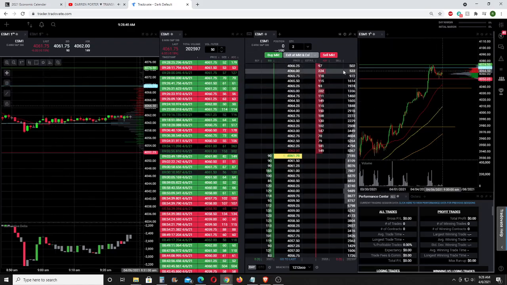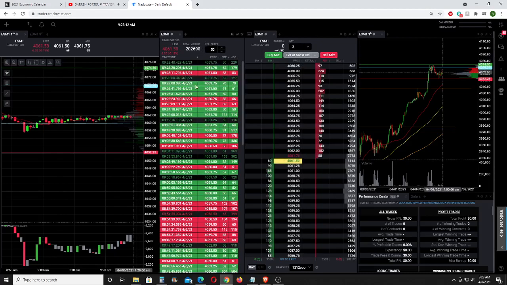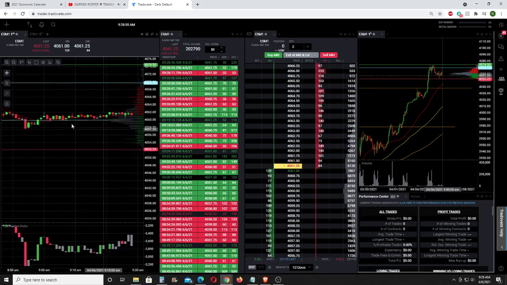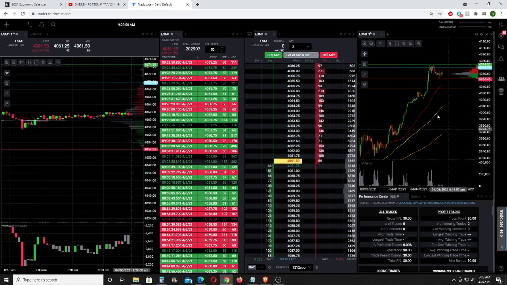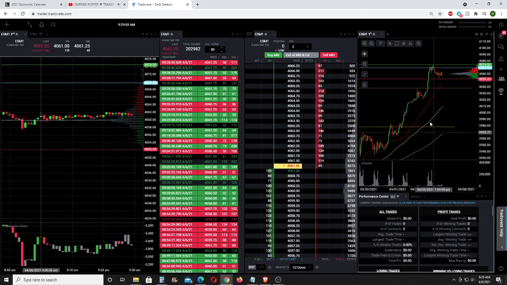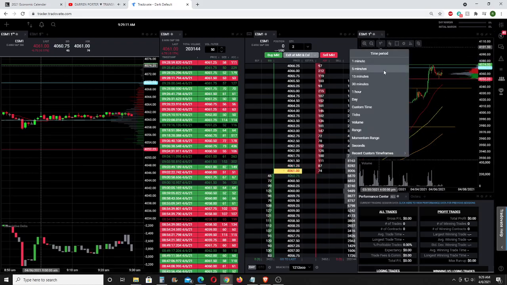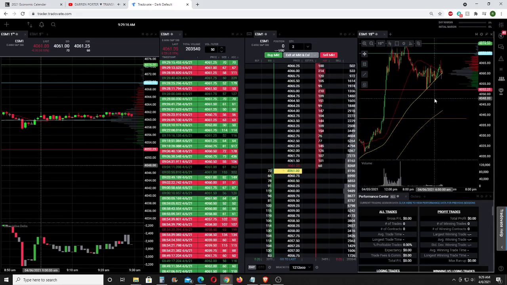Just to give you an idea of my setup here, this is the sales print. I filtered it to 50. This is a 1 minute chart, all default settings. The only thing that I put on this chart is a VWAP and a 9 period moving average. On this chart, I put a 200, 100, and a 50 period moving average. It's a 1 hour chart. I just alternate between 1 hour, 30 and 15 minutes on this chart here. So start off with 15 minutes here.